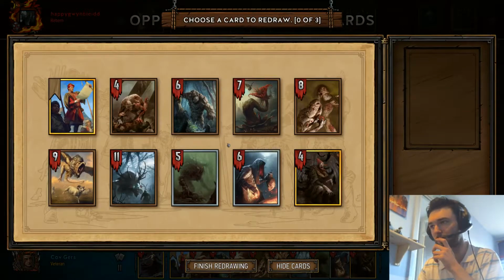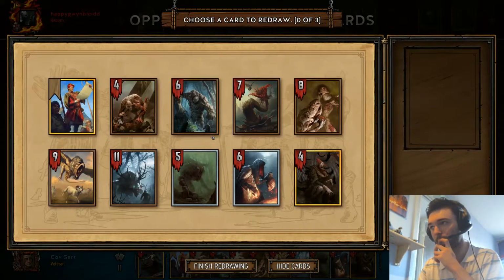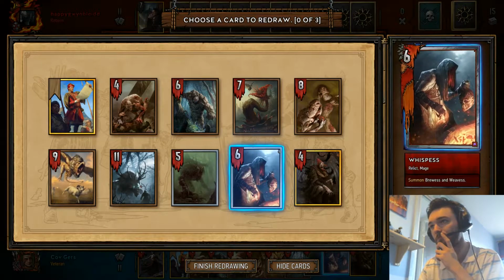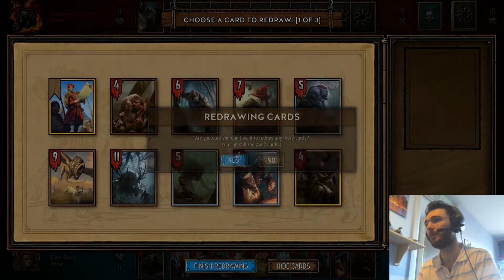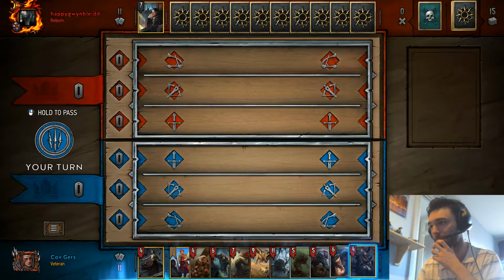Most likely a Spy Nilfgaard. So Royal Decree as well, I'll take that. I'll keep that. That ain't too bad, to be honest. I'll keep losing coin flip though, which is shit. You don't lose coin flip on this deck really. There's nothing you can do, but